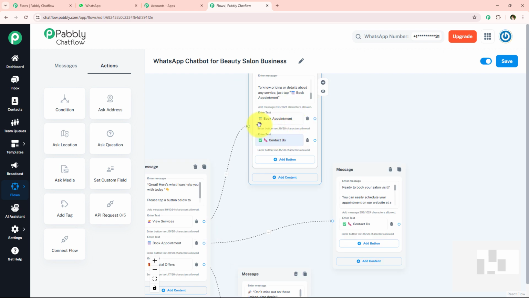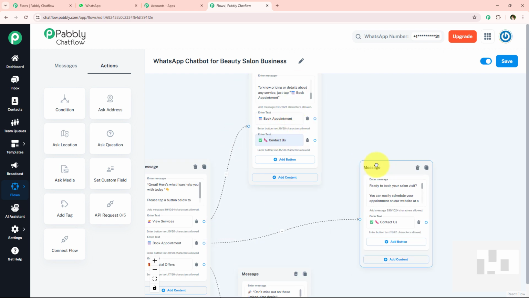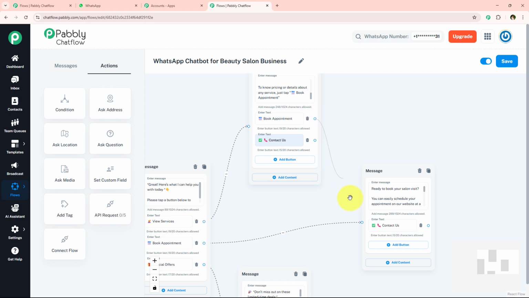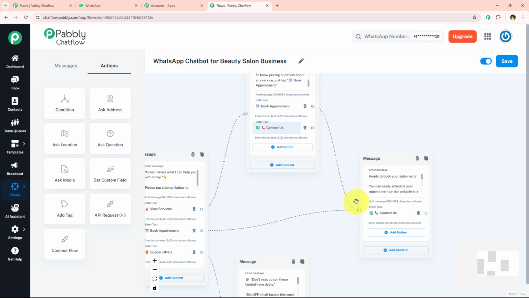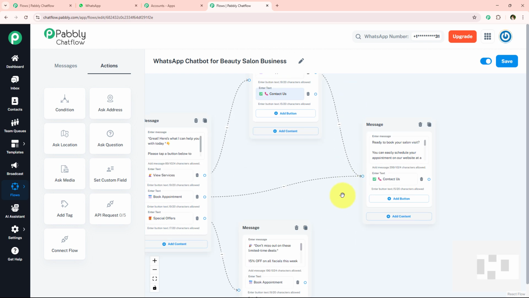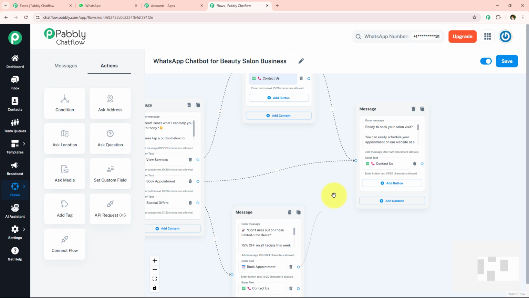So this button says book appointment. We have already set up the message for book appointment, so I'm simply going to connect this button with the book appointment message. It is really simple: you can also connect a single message with multiple buttons. It is not mandatory to create multiple messages for similar kinds of buttons. You can use this. Alright, so as you can see, I'm simply going to connect this book appointment button